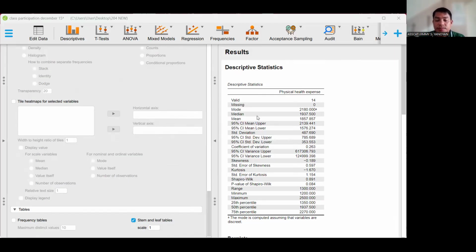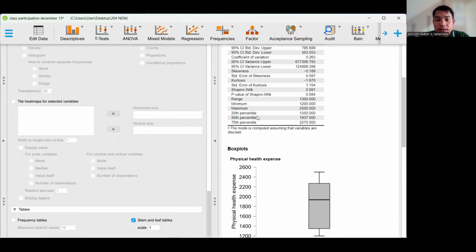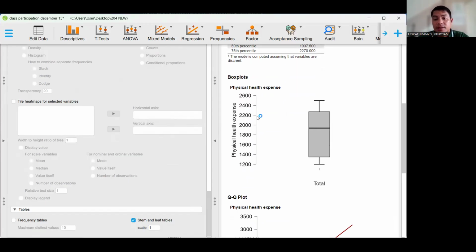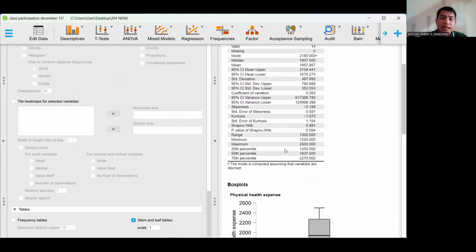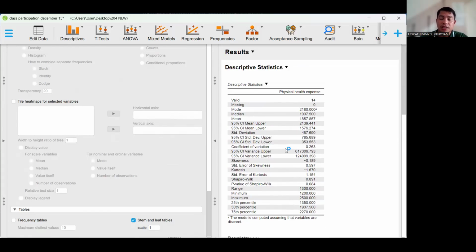Again, this is an easier way for us to interpret and analyze different results when dealing with statistics. For now, this is just the descriptive statistics part of the JASP software. Later on, we will have the different tests like t-test, ANOVA, and multiple regression analysis.